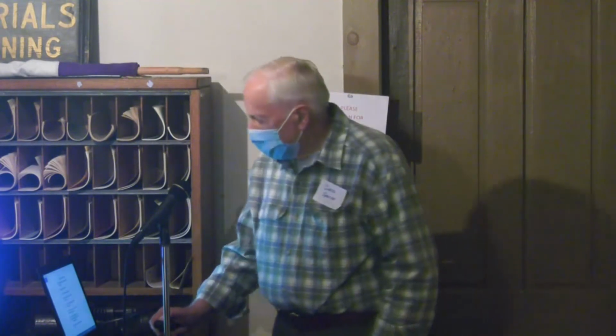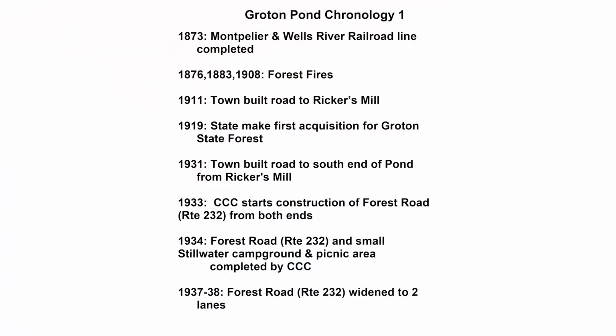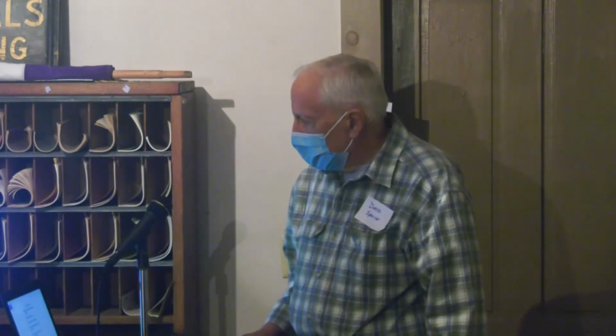In looking at the chronology of lake history or pond history, the history really starts in 1873 with the advent of the Montpelier and Wells River Railroad being completed through the forest, and that opened up a whole new vista for this area. And it wasn't just the forest, it was for Groton, it was for Marshfield, Plainfield, and the railroad was primarily funded through bonds paid for by Groton and Plainfield and Marshfield, as well as Montpelier. The train was a major factor to Groton,